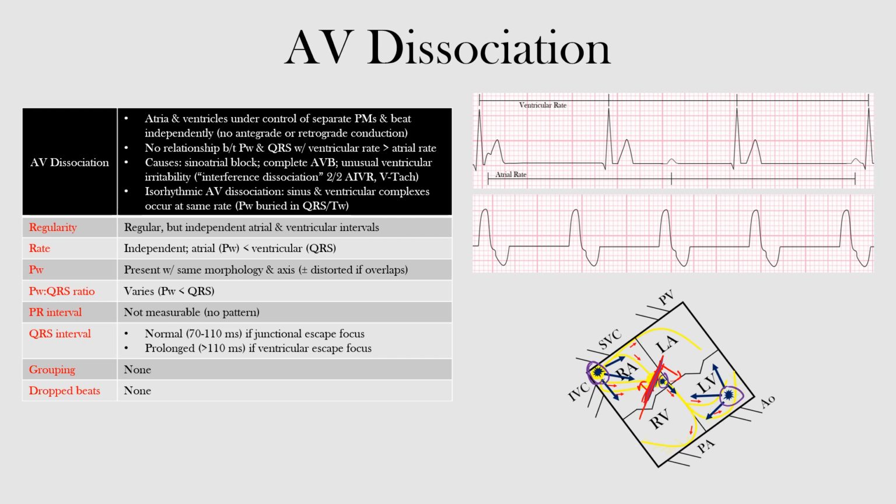Now, other causes of AV dissociation include sinoatrial block and unusual irritability of the ventricles, such as interference dissociation, secondary to an accelerated idioventricular rhythm or ventricular tachycardia. So what is interference dissociation? Well, first we need to know about something called contradirectional interference. And this is when two stimuli arising in different foci in any region of the heart spread in opposite directions